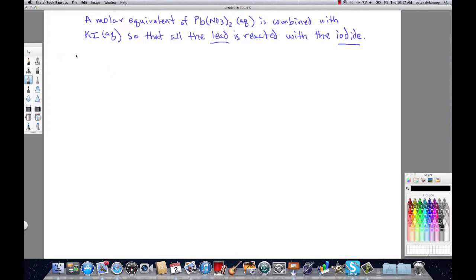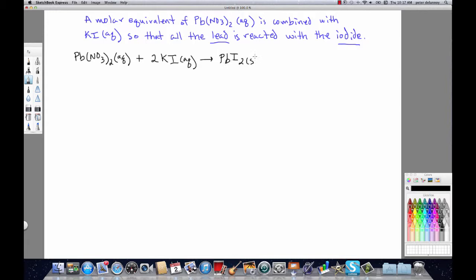So we're going to have lead nitrate, and this is a classic precipitation reaction, so that means we're combining a solution that contains lead nitrate with a solution of potassium iodide. This is a double replacement reaction. It's quantitative, meaning that if there is an equilibrium, it lies so far to the right that the reaction essentially goes to 100% completion. We're going to form lead iodide,